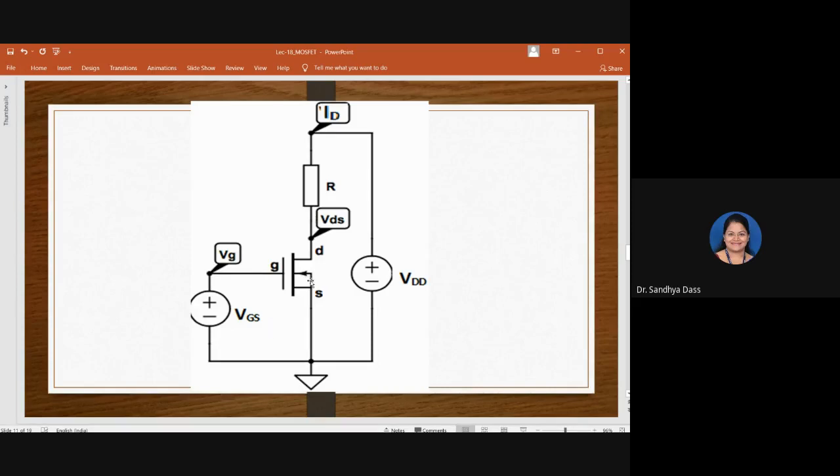So how do you conduct this experiment? You need to note down what VGS is maintained, what VDS is applied, and how the drain current is varying. So you need 2 voltmeters. This voltmeter is to record VGS or VG, you can take it as VG also, no problem. And you want to record VDS, the VDS you are varying, and with respect to that, how the drain current is changing. So that you want to measure.